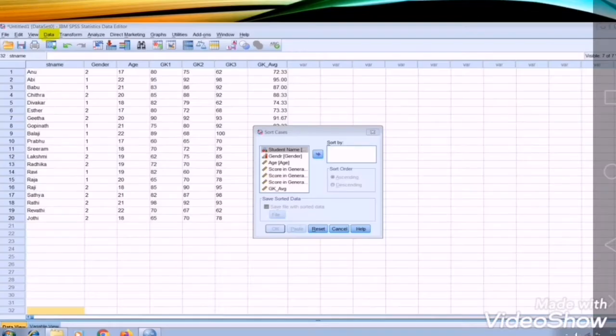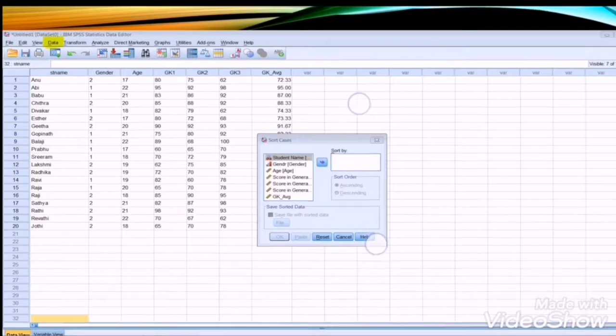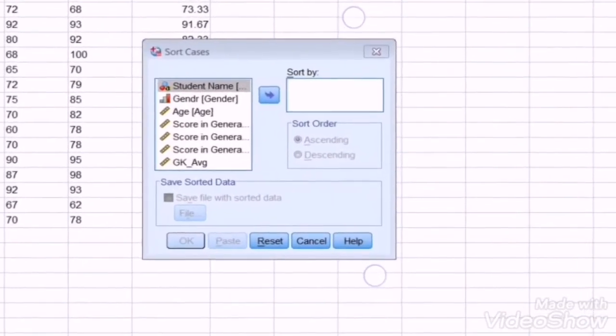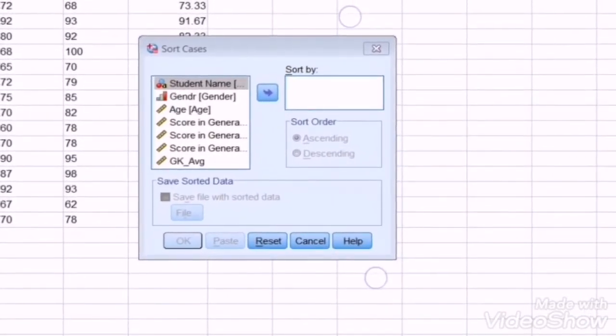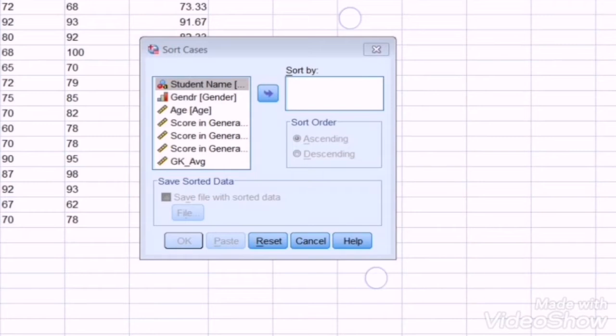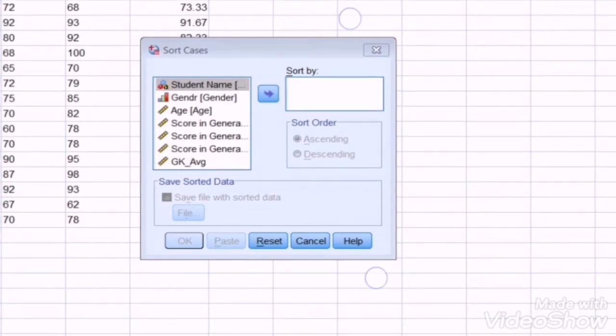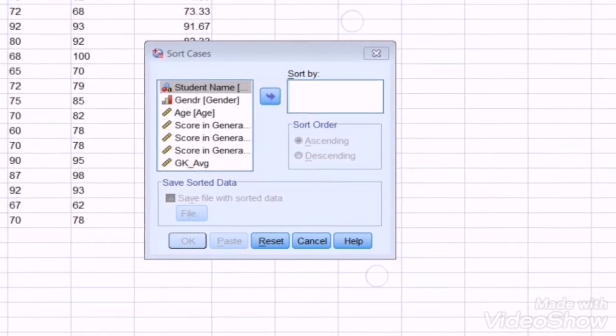Let's go ahead with the sorting of cases here. For this purpose we have to click on the data menu and sort cases, and the sort cases window gets opened. On the left hand side we find the variables we have created, and of these variables we have to move the required variable for which we want to sort the cases to the sort by box by clicking on the arrow.